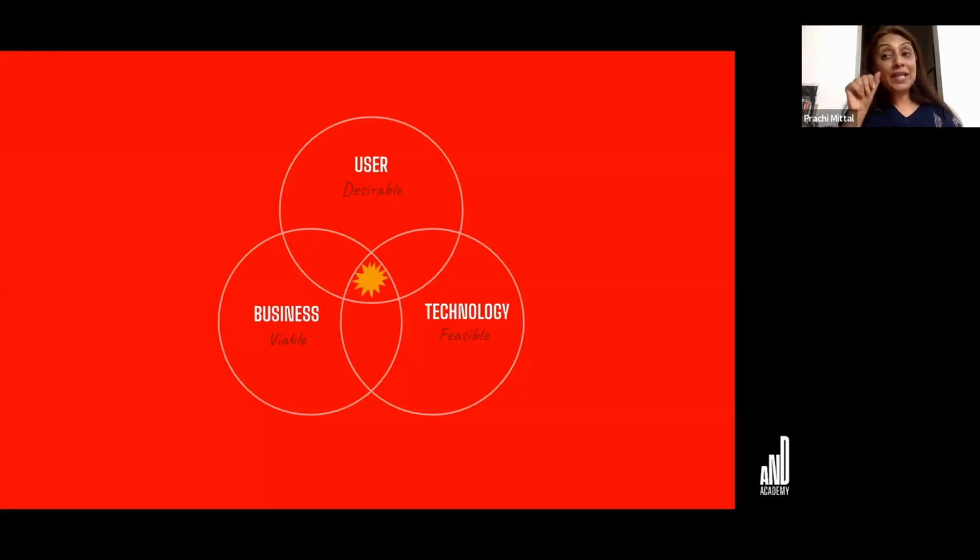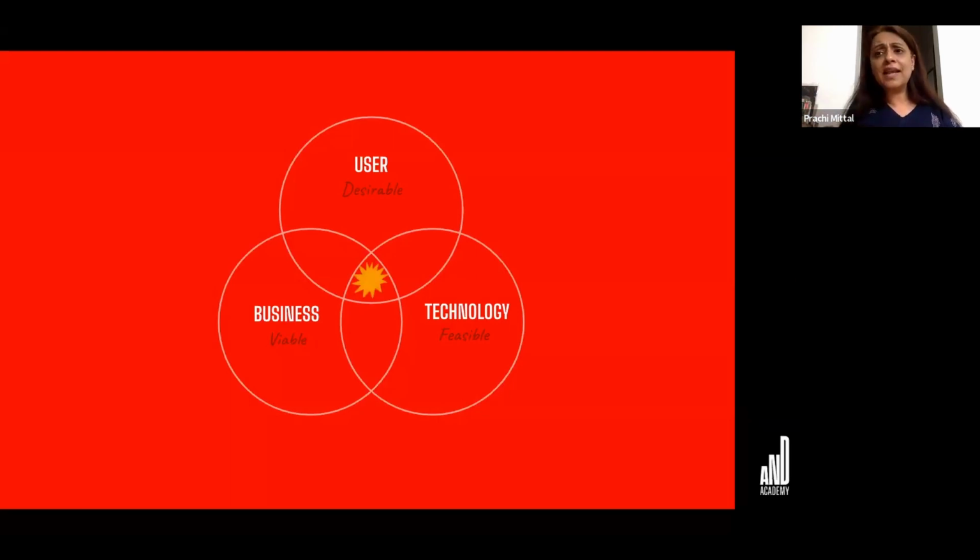So the sweet spot of success in UX UI is the intersection of what is desirable by the user, what is feasible by technology, and what is viable for the business. I, as a user, want it. I have the technology that can make it.